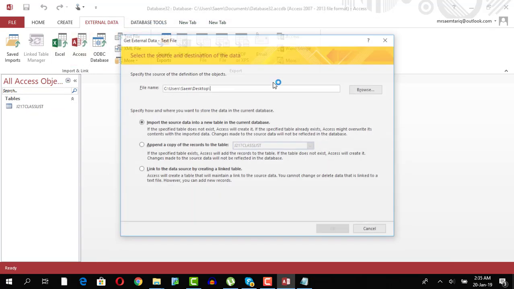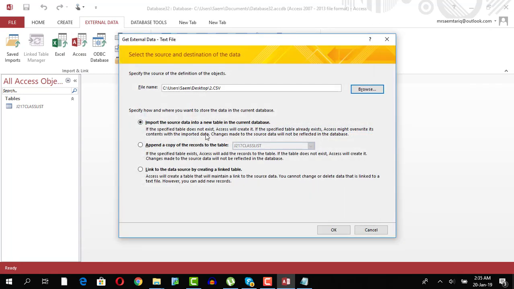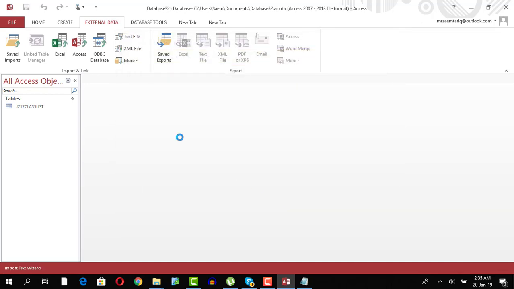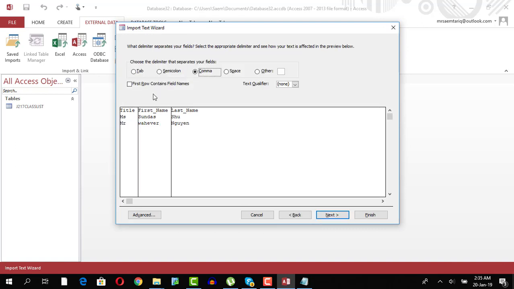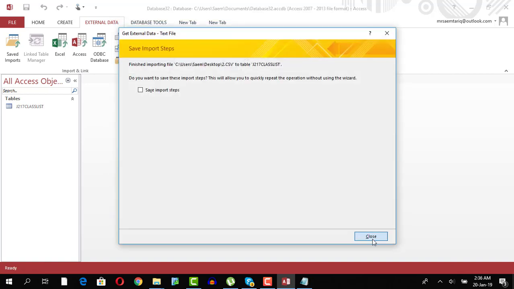Then I'll go text file again, I will say 2, then I will use append, okay and then I will say okay, fine and finish. उसी में ऐड हो जाएगा।